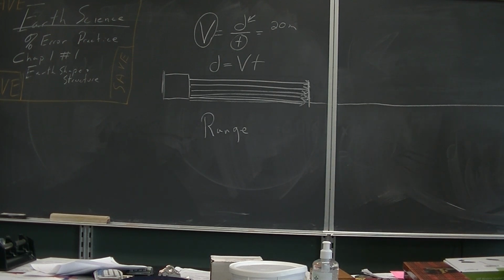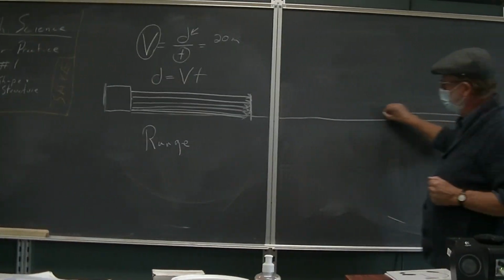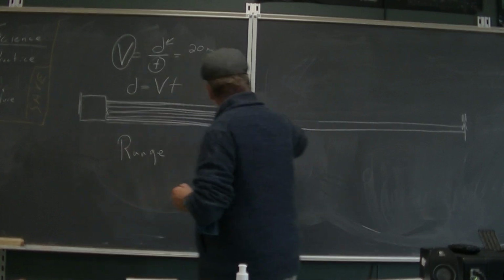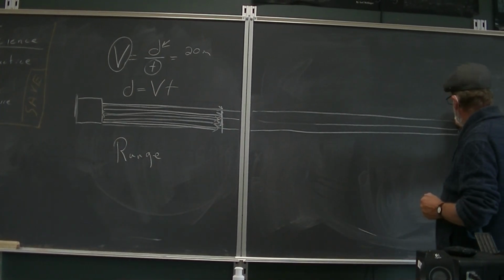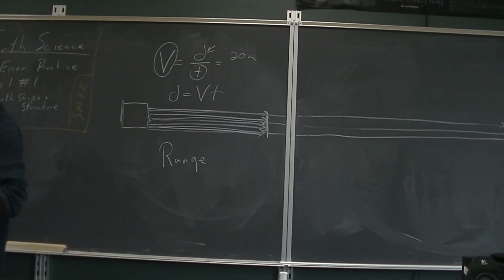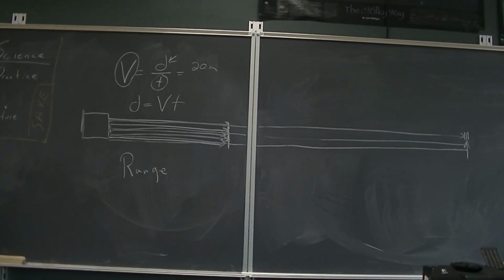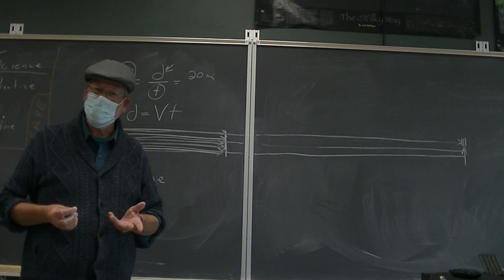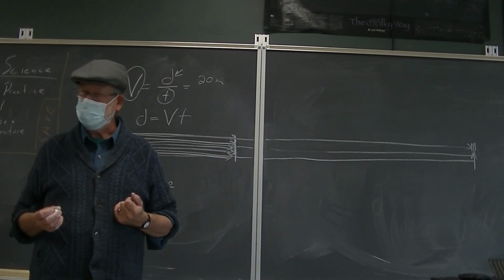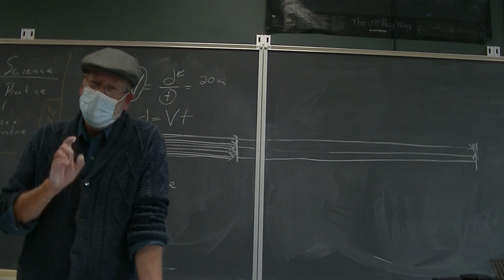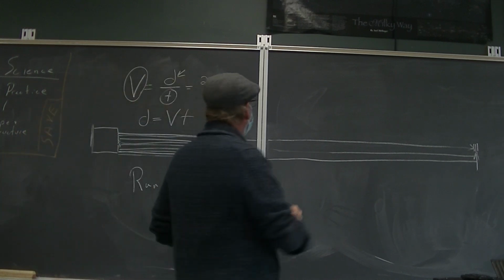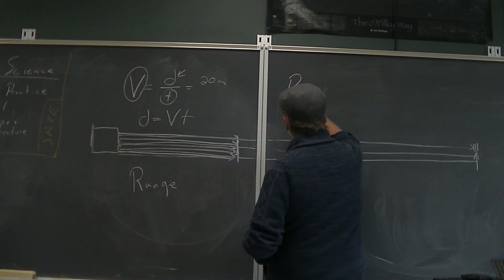All right? So then you're going to turn around and you're going to come back. Then you're going to turn around and go again. And you're going to do this, I don't know, how many times till you think you might have done it well? You figure probably 3 or 4 times. Okay? Not to go too crazy. But at the end of this, on lab number 2, the last thing you're going to do is tell me the range